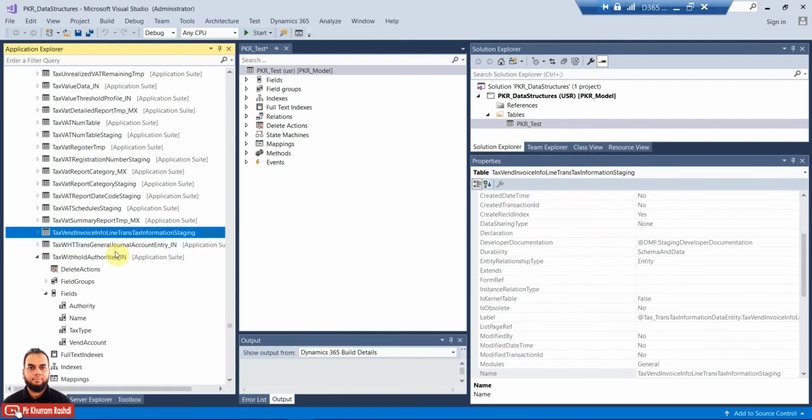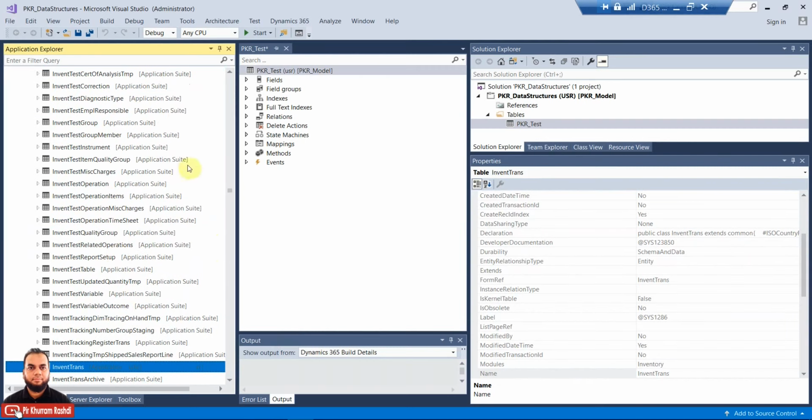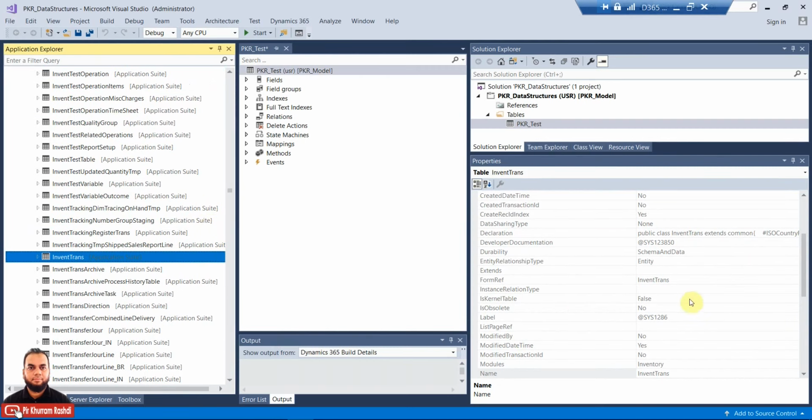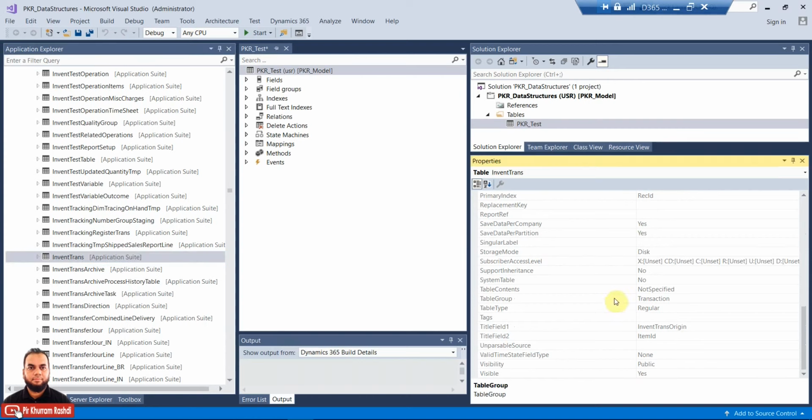So let me show you. Invent trans is a table holding the records for the posted transactions normally. Whenever an issue or receipt of inventory happens, it goes into this table. There is one table invent trans and another, invent trans origin, and both are interconnected. Partial information is held in one table and the rest in the other.